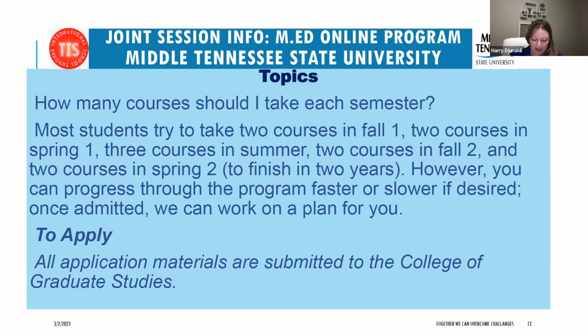I want to talk to you a little bit about how our classes run. So we have 3 semesters basically that we run our classes through. We have a fall, a spring, and a summer. In the fall, it starts in late August and ends sort of at the end of November, early December. And then we have a spring semester that begins late in January, and it ends kind of late April, early May. And then we have a summer session that we have classes for in May, June, and July. So that's kind of how our semesters run.